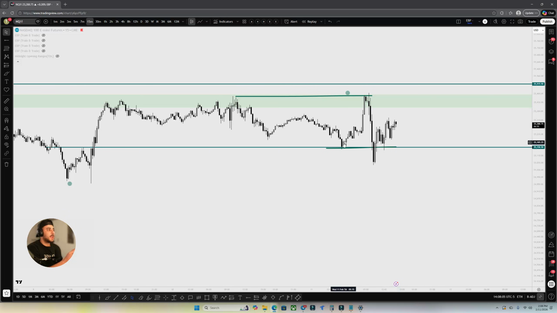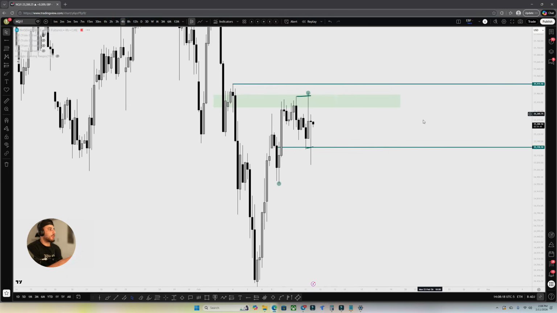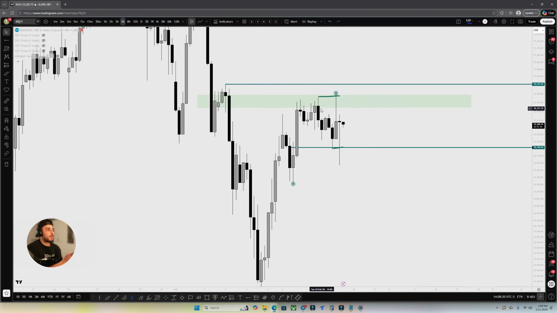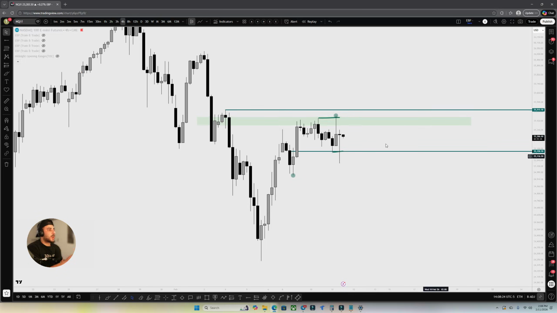And that's just a reality. If you're scalping within this range, is it possible? Absolutely. I don't want to make it seem like scalping is not a viable option. However, most people are going to get chopped up because they're going to keep switching their bias the whole time. When you zoom out to the 1 hour and the 4 hour, it's just chop, right? There's no clear displacement. There's no clear direction.